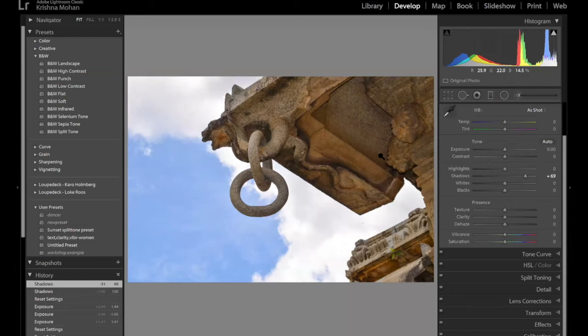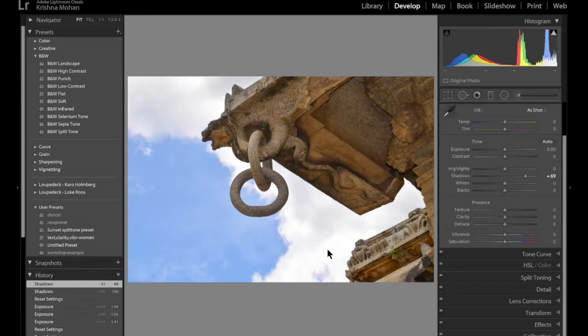I basically wanted to show you an example of a brush, and this is pretty easy to show. Shadow opening will not work in every case. Now, let's say I wanted to shade this particular granite with a different tint, a different white balance. That is not possible because white balance is a global setting. In such a case, I can go for the brush and give the granite a slightly bluish look. Hope I'm clear. Yes, sir. Thank you.